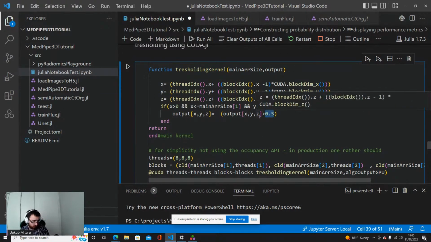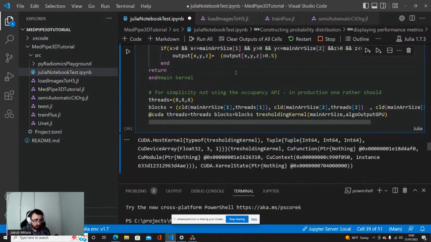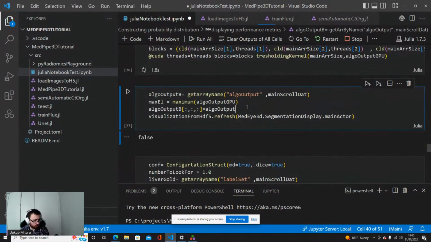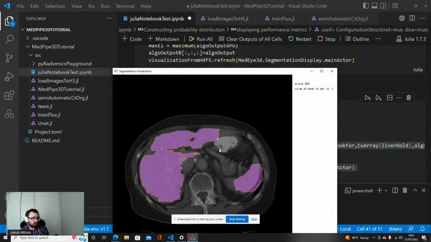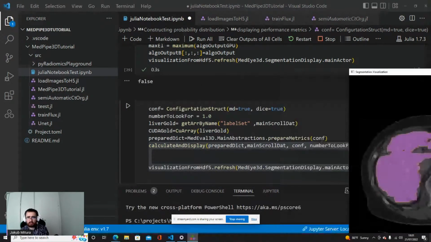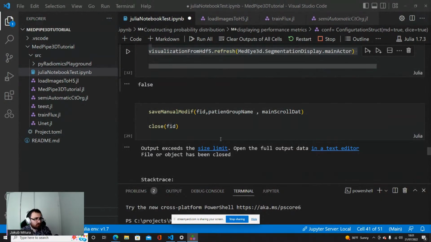If it's below, it's not. So we threshold the data. It should look basically the same, because as we just thresholded it, it does not change much from the viewing perspective.